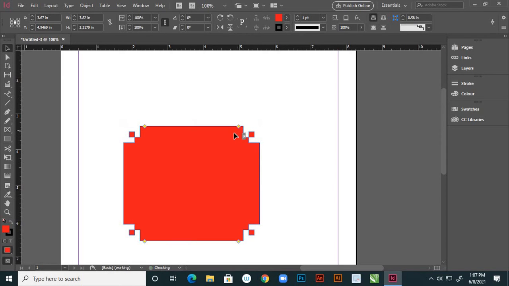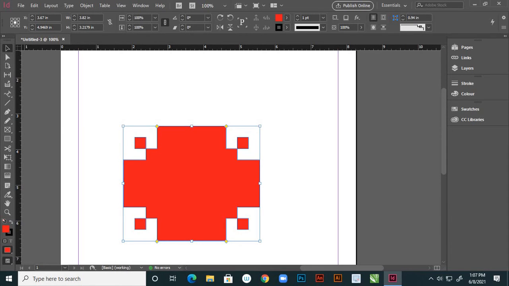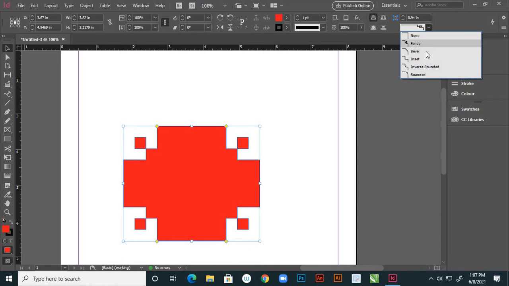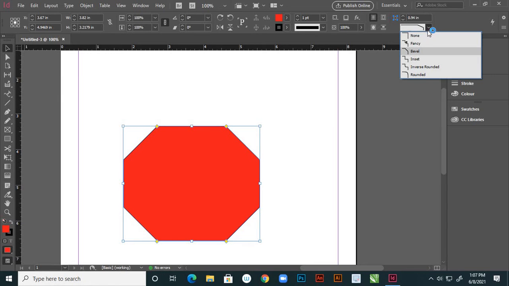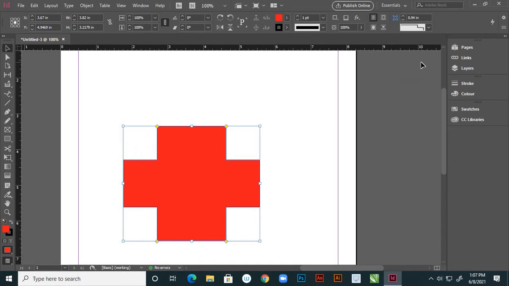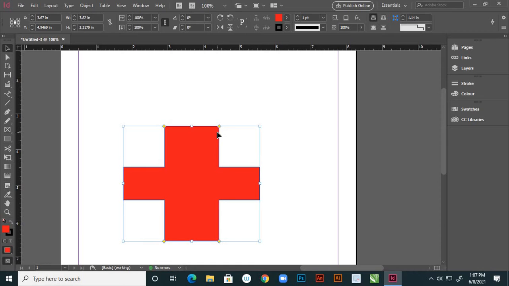You can increase it if you want. It's a kind of design it is showing, right? And here it is bevel, and this is inset, the inset option. See, you can edit these points.